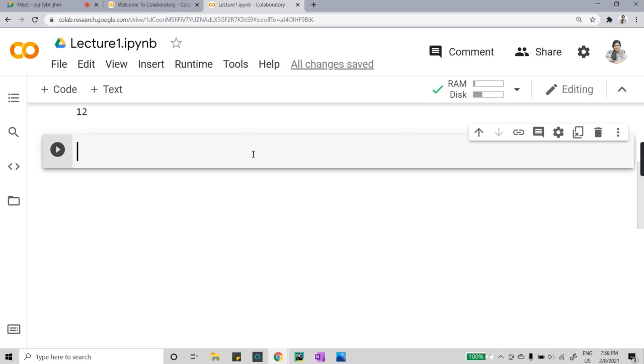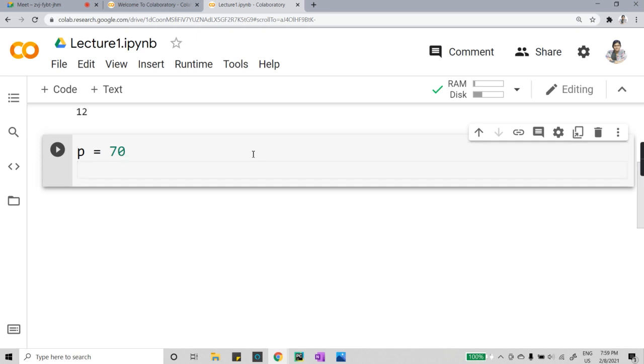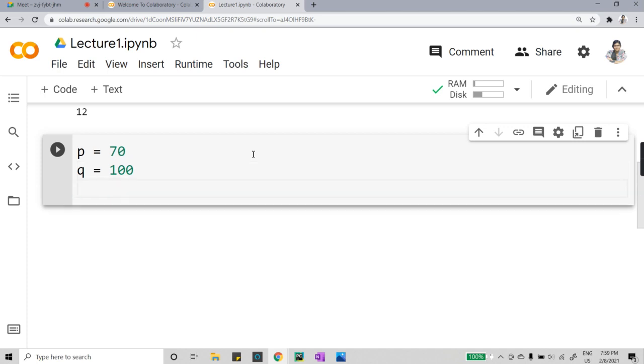Okay. Now, let's say I take a new variable p, and assign it the value 70. Let's say I take another variable q, and assign it the value 100. Now, what else do I need to do? To use my comparison operator, I would use conditions. So I would write: if p is greater than q. Here my if else condition comes into play: if this condition is true, then print this output, otherwise print this output.